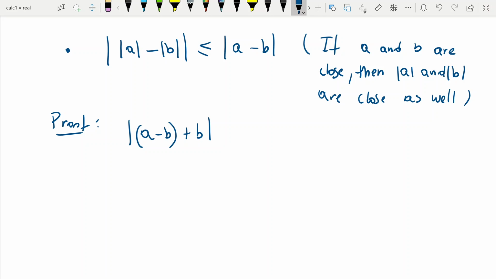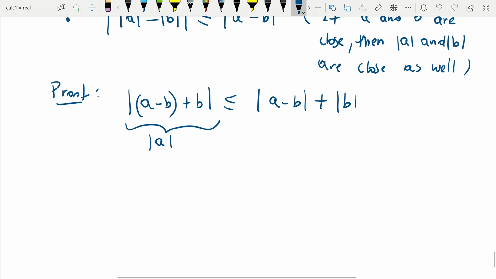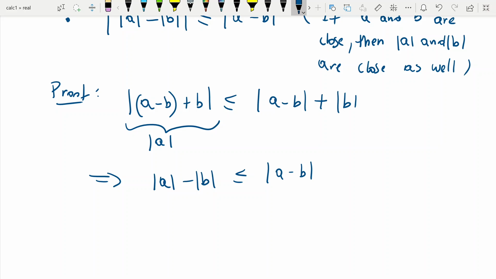So the absolute value of A is equal to the absolute value of A minus B plus B, and this must be less than or equal to the absolute value of A minus B plus the absolute value of B. And this again, the left hand side is just the absolute value of A. And so this implies that if we move the absolute value of B to the other side, the absolute value of A minus the absolute value of B is less than or equal to the absolute value of A minus B. And this is all we need,